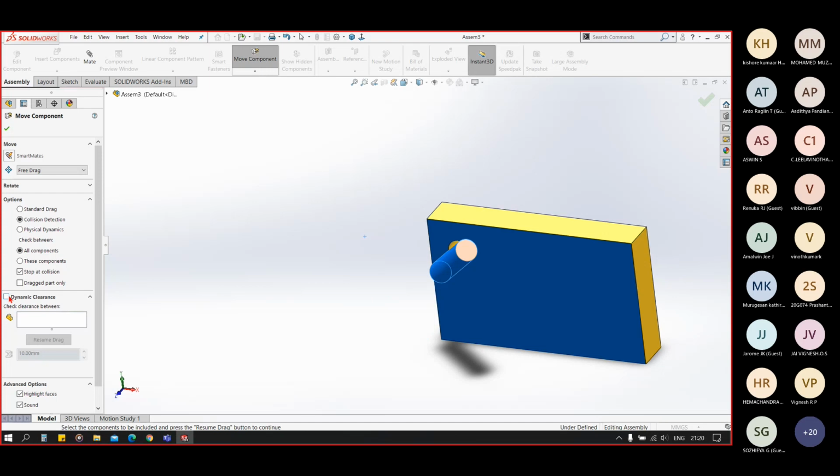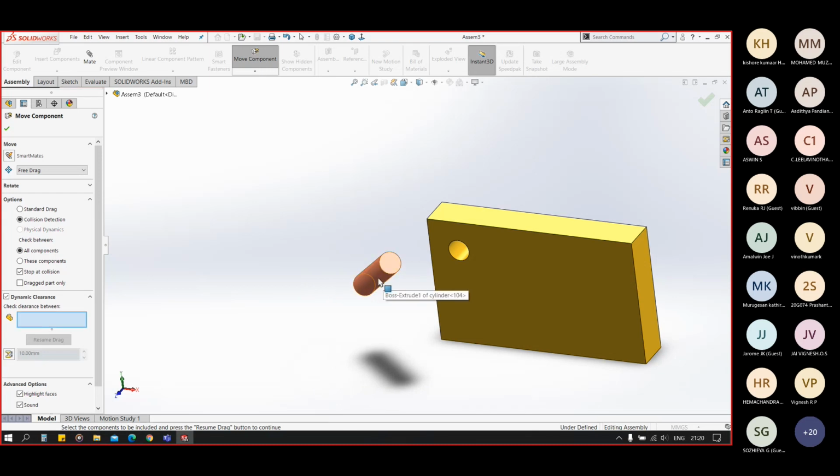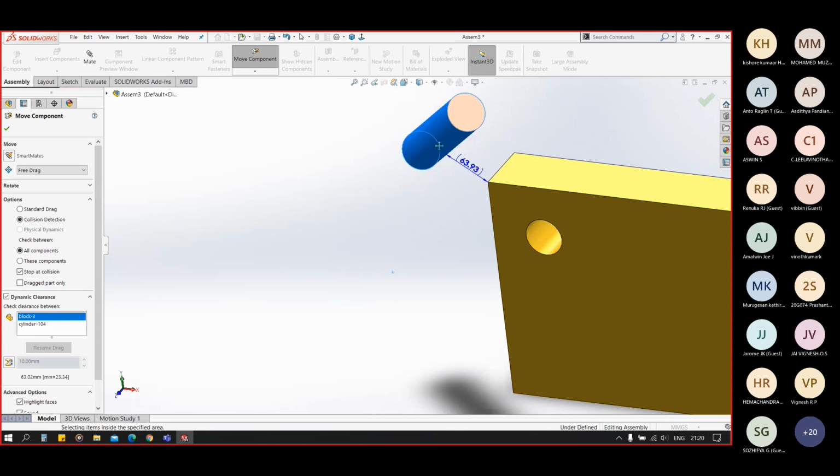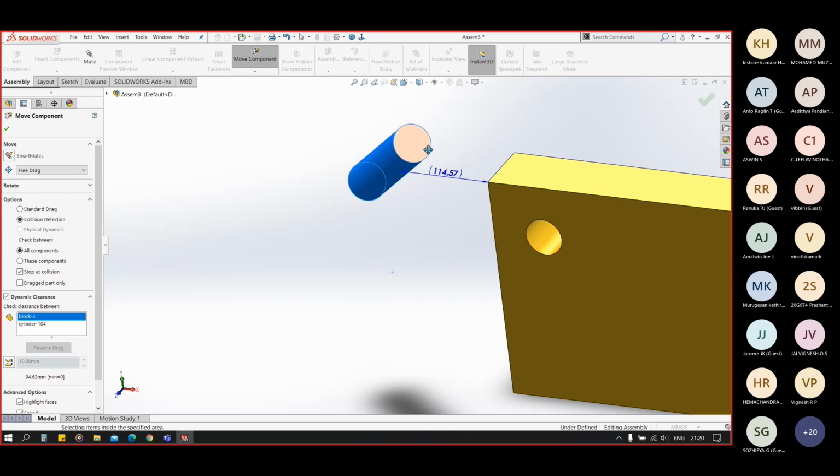The next option is dynamic clearance. In the dynamic clearance, we have to select which parts we want to check the clearance between. So we select both the parts and click on the resume drag. And as we drag, we have the shortest distance between them to check that.